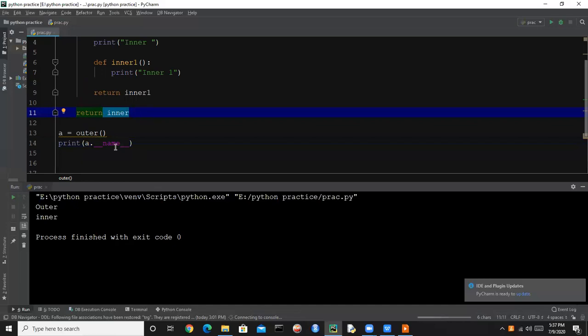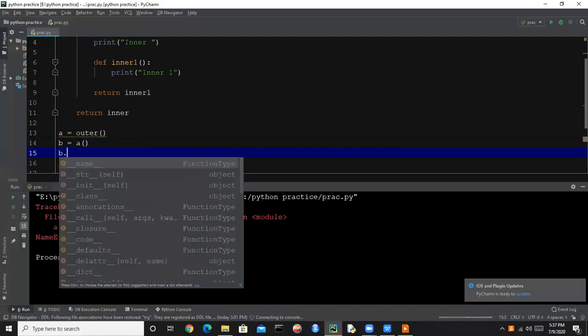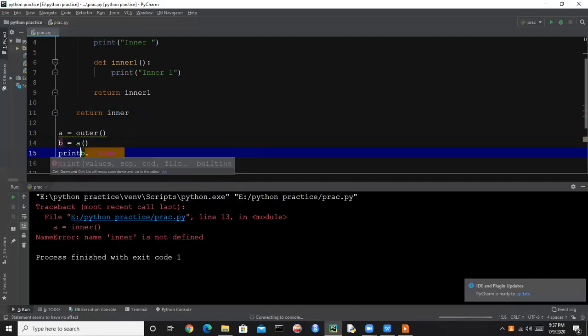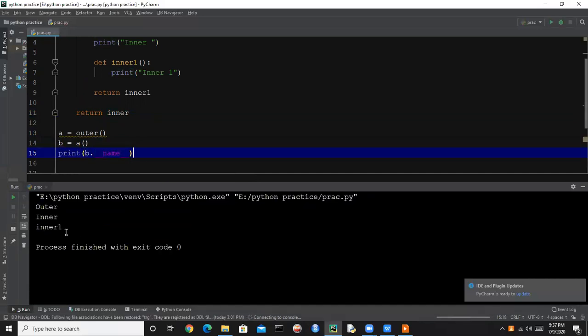If we say a is equal to inner, it will give us an error that name inner is not defined. So let's say a is equal to outer, and b is equal to a. And now if we print the name of b, let's see what will be the output. It is saying the function b is inner.